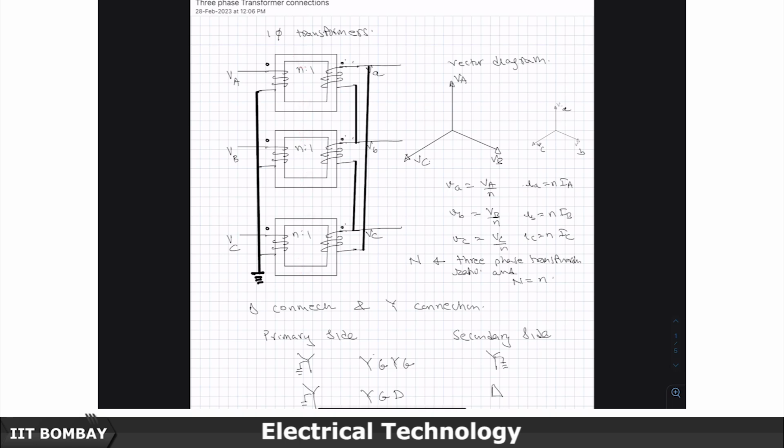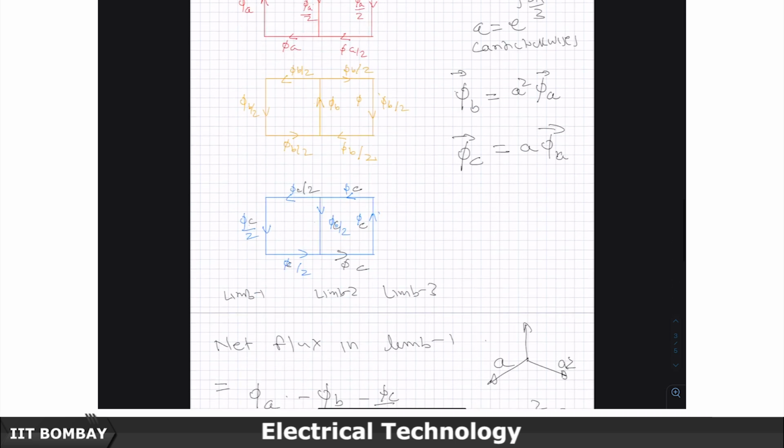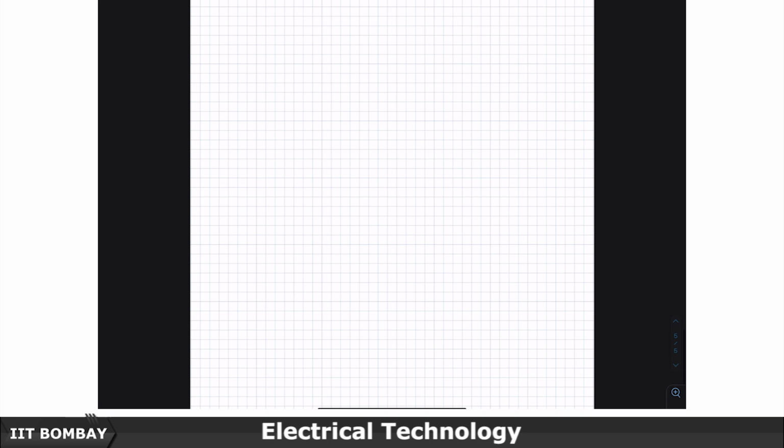So you can see that there is a saving in the material which has happened. Now, another 3 phase construction is known as shell type